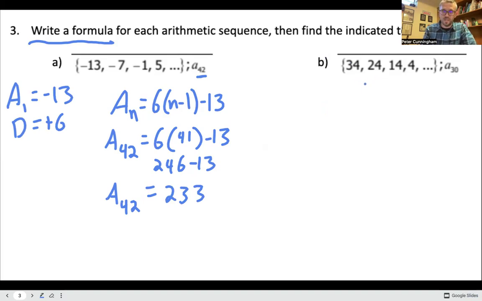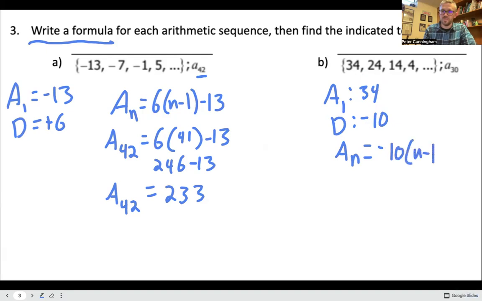They're arithmetic again, so I know that we're going to add or subtract. In this case, our first term is 34. Our common difference, we're going down, so we're subtracting by 10. Okay, so a of n equals my difference times n minus 1 plus my first term. To find the 30th term in this case,